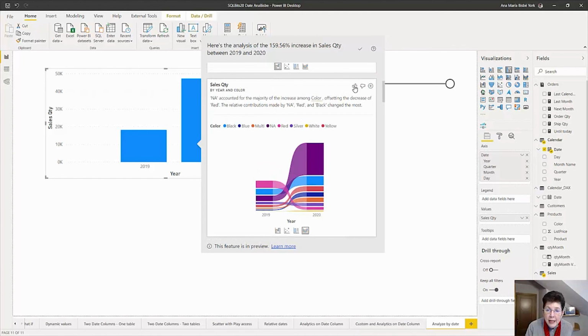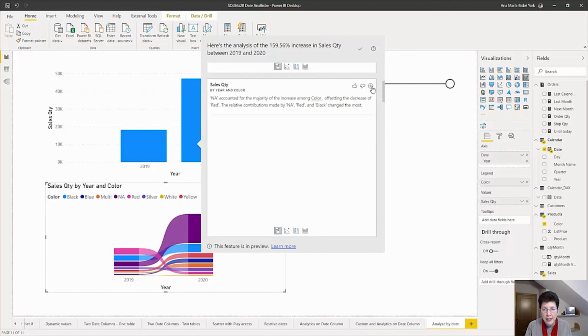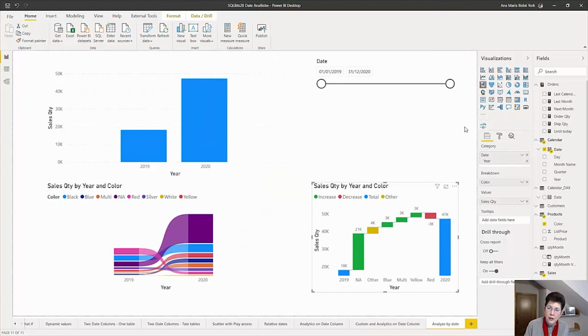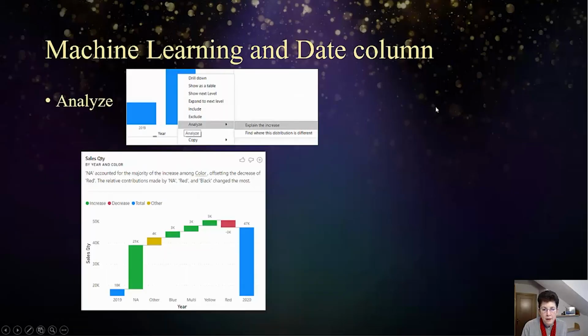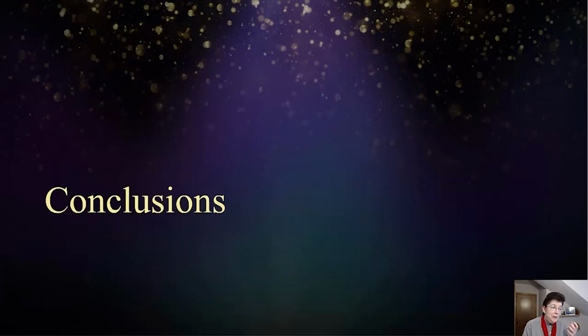And if we want to add this chart, we can select this button, and now we have the chart added to our report here. It's amazing. So my final ideas for you in this session are: